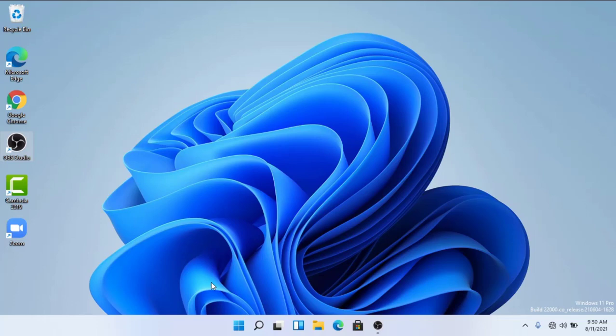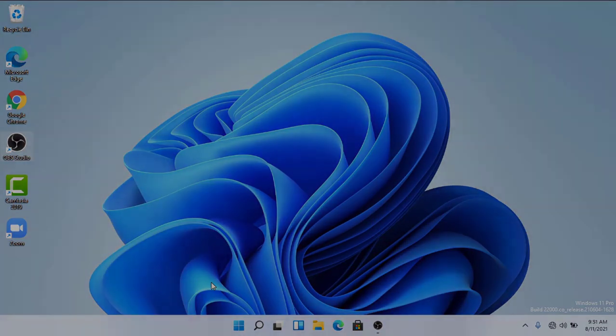Overall, multiple desktops have got a lot better in Windows 11. But it's still missing some key functionalities. You can't currently customize what appears on the taskbar across your different desktops, and you can't currently take one of your desktops and put it on one monitor and another desktop and place it in a different monitor.